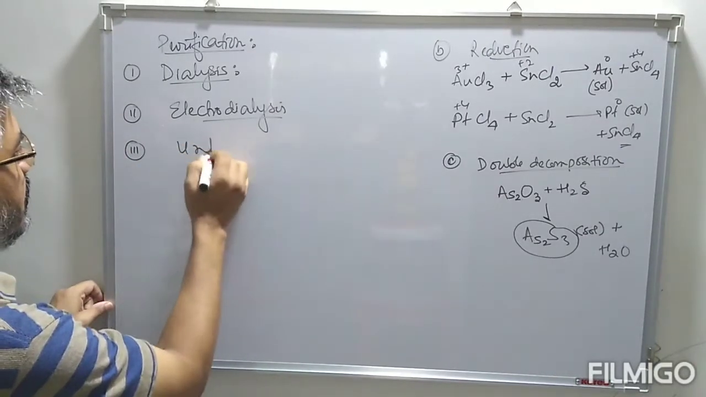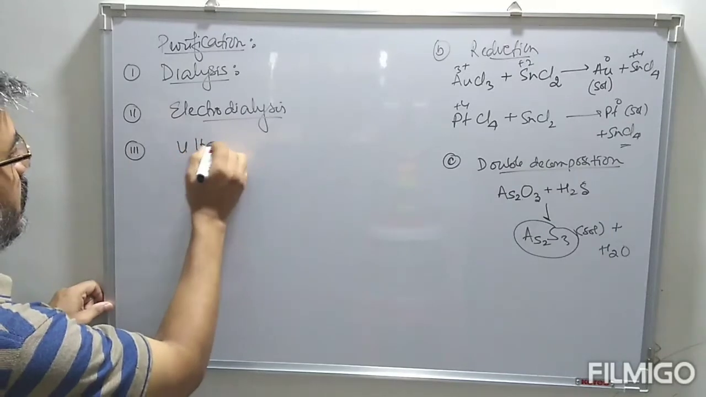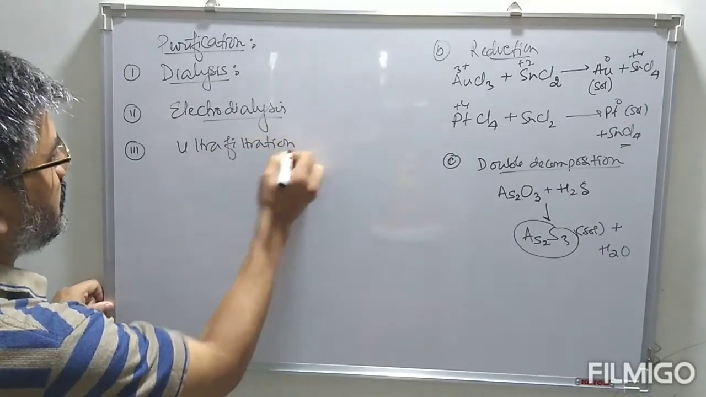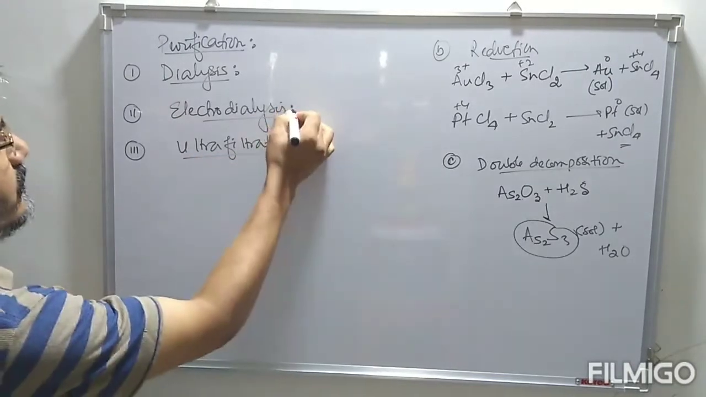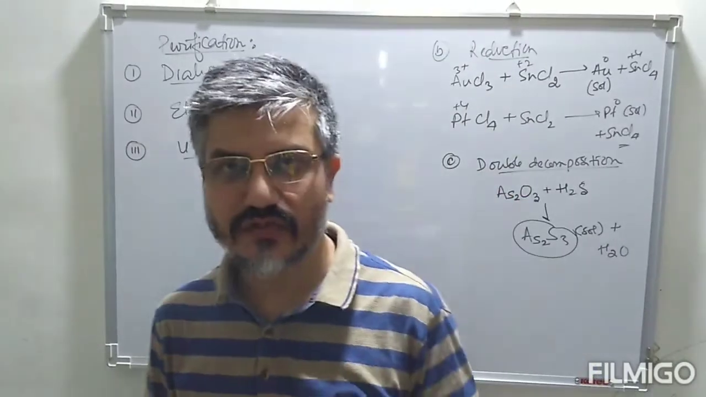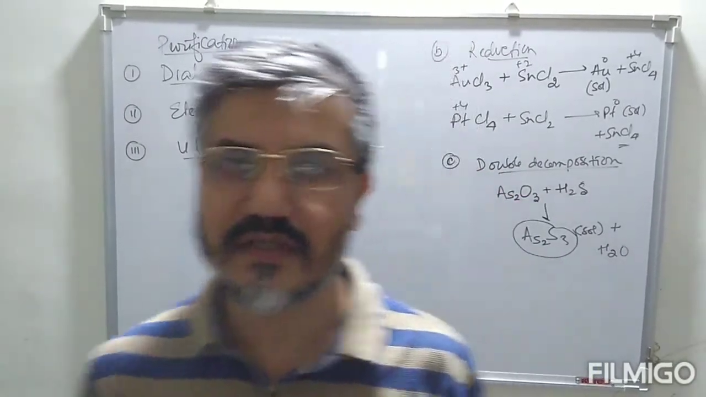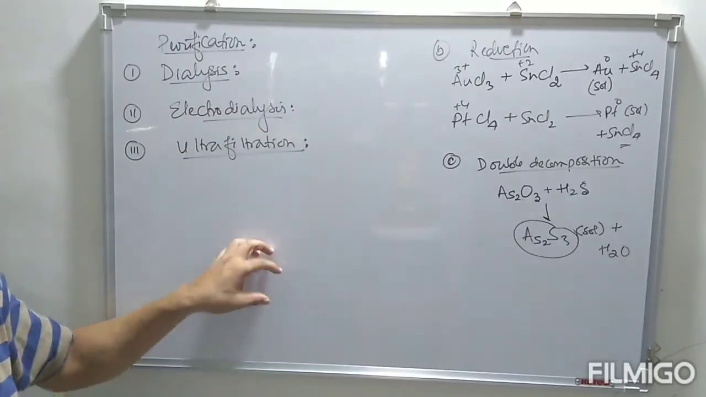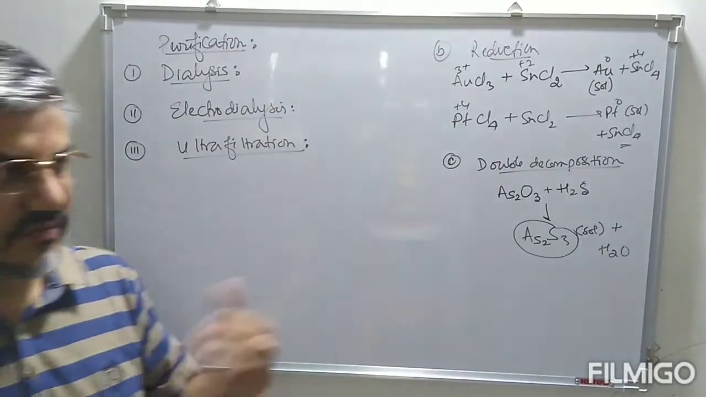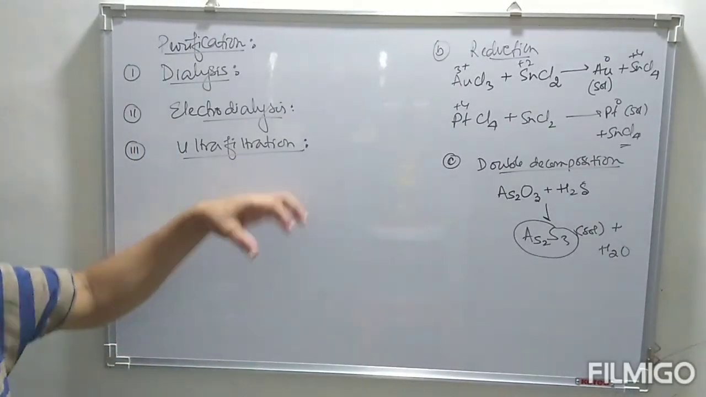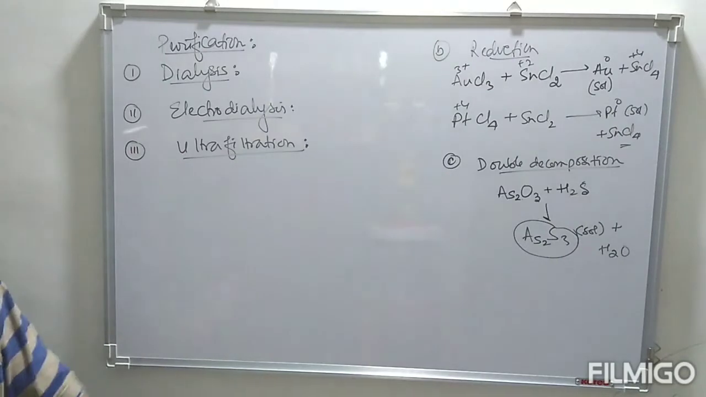Then we have ultrafiltration. Ultrafiltration: the pore size of normal filter paper being very large, the colloidal particles can easily pass through, so we cannot take this normal filter paper for purification of colloidal solution. But the pore size of normal filter paper can be decreased